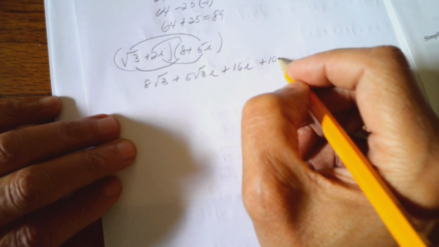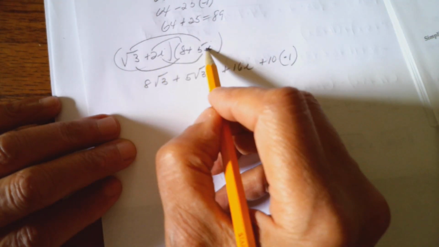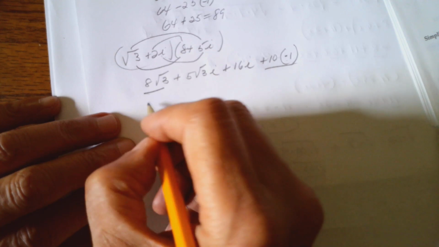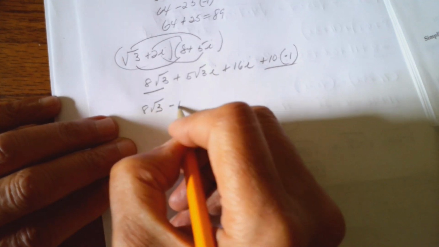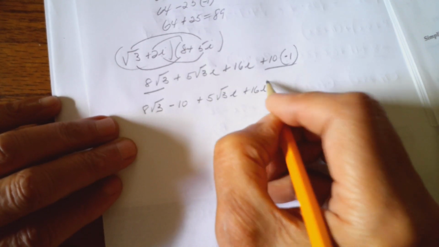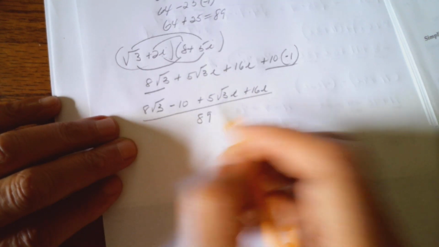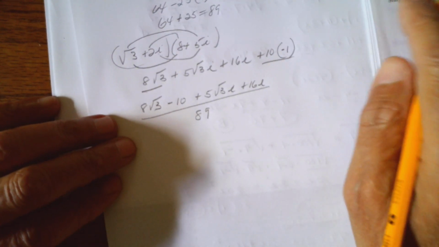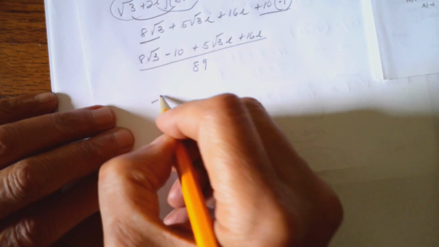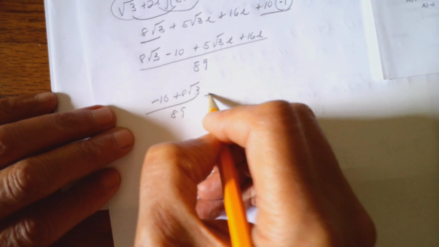I times I is I squared, but we know I squared is going to be negative 1. So I'm going to take a little shortcut there. I'm going to put my two terms that don't contain I together. This would be 8 radical 3 minus 10 plus 5 radical 3i plus 16i. Now this is all over that denominator of 89. Now if I separate these two, I'm going to write this term first here. I'm going to write a negative 10 plus 8 radical 3 over 89 plus